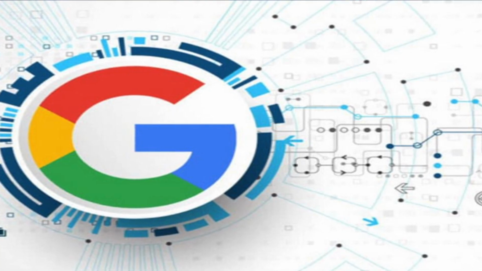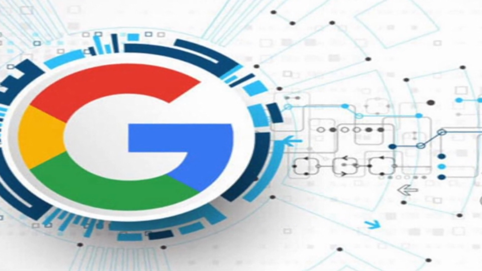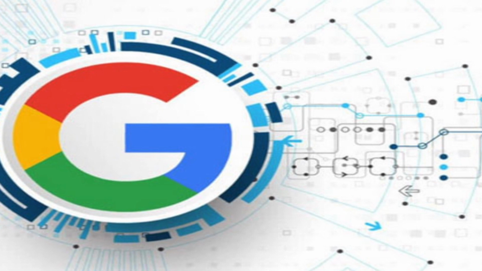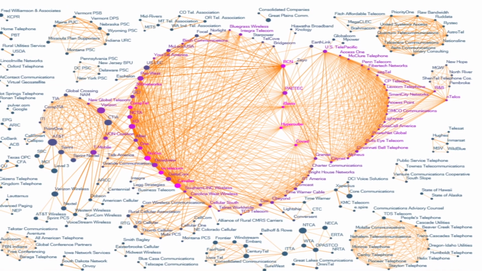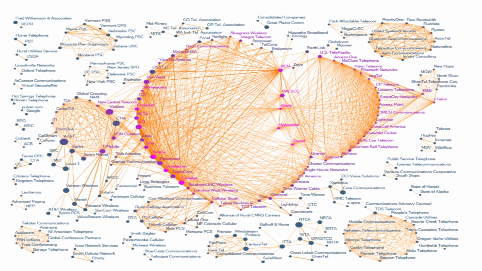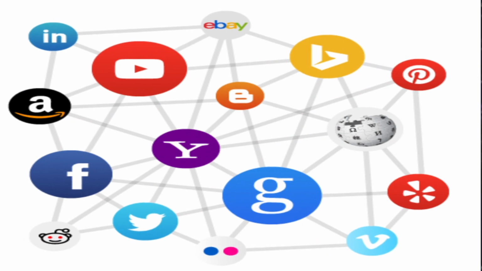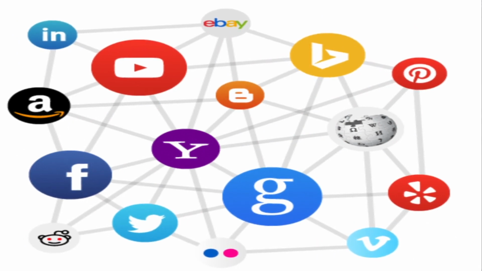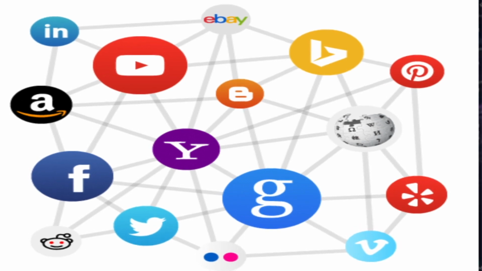For example, Google's successful web search algorithms are based on the WWW graph, which contains all web pages as vertices and hyperlinks as edges. In other cases, as in social networks such as Facebook or Twitter, the sheer number of users of such services contributes to the huge size of the graphs representing a particular social medium.